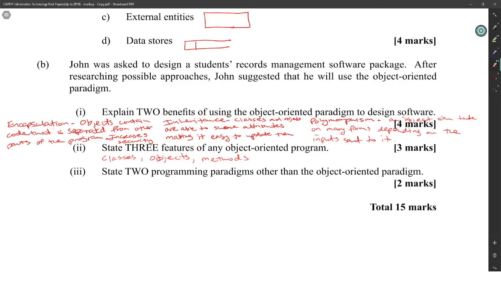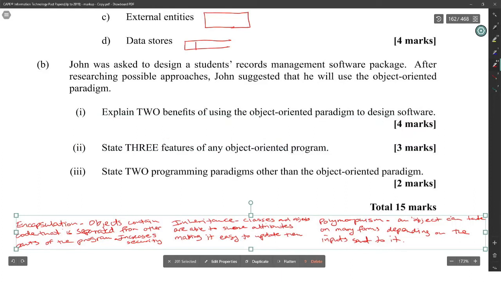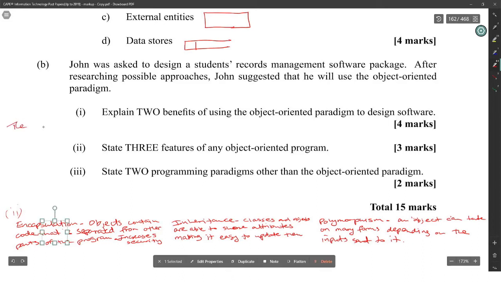Okay. So basically, in part 1, what they're asking for is the advantages of object-oriented programming. So the answer for part 2 is this. Any one of those three would count there, right? And for part 1, you just want to put basic advantages. So benefits would be the ability